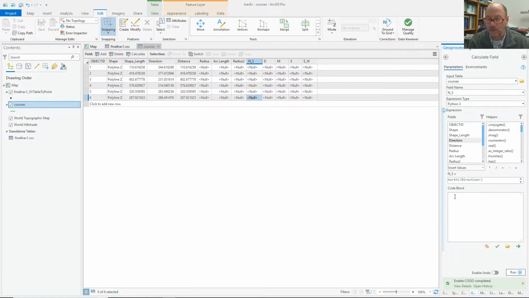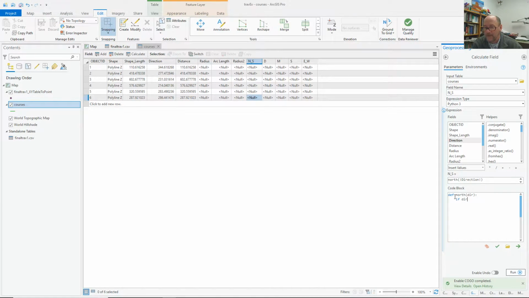Okay, so in the code block I'm going to define north with a dir for direction. So that's going to be the value that's passed down from the direction field. I could have named it anything. North and dir are just arbitrary-ish, sort of descriptive variables that I chose. So the if statement would be, well, if dir double equals, that's a test. Instead of setting it equal to something, I'm seeing if it is equal to it. So I use double equals, and if it's equal to